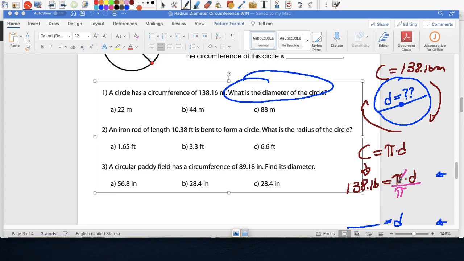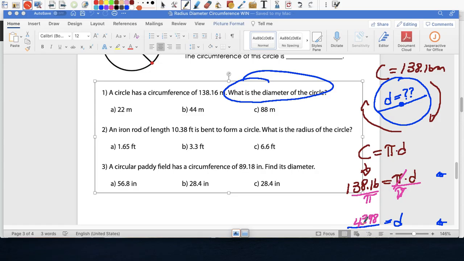Pi divided by pi is 1. 1 times the diameter is just diameter. So if I divide the right side by pi, I'm going to divide the left side by pi. So put that in your calculator. 138.16 divided by pi. Enter. Shoot. 138.16 divided by pi. You're going to get 47.98